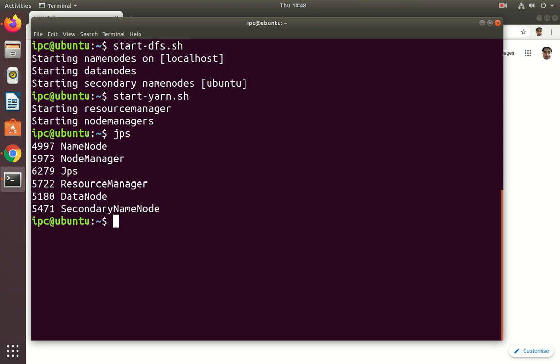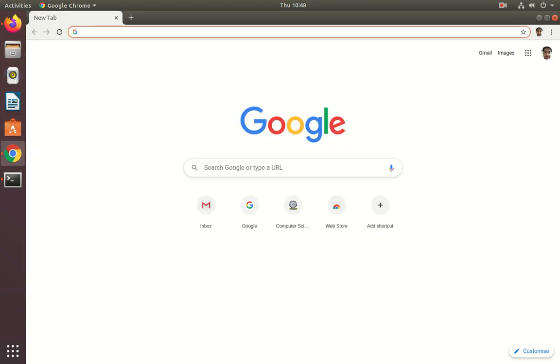Okay, let us access the user interface from the browser. Go to the browser.